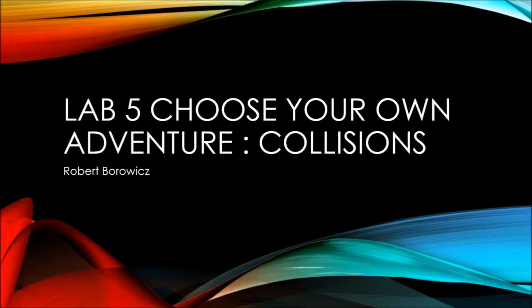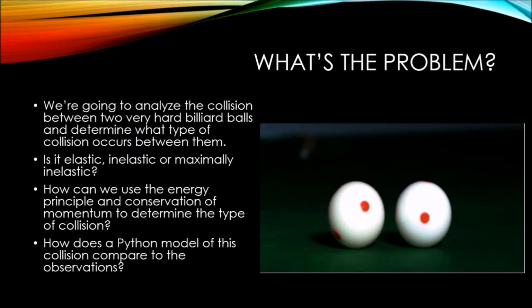This is the Choose Your Own Adventure lab, which I will be discussing collisions for. Now what we're going to do is analyze the collision between two very hard and solid billiard balls and determine what type of collision occurs between them. Now we want to see if it's elastic, inelastic, or maximally inelastic. And we want to see how we can use the energy principle and the conservation of momentum to determine the type of collision. And then we want to take this and model it in Python to see how it compares